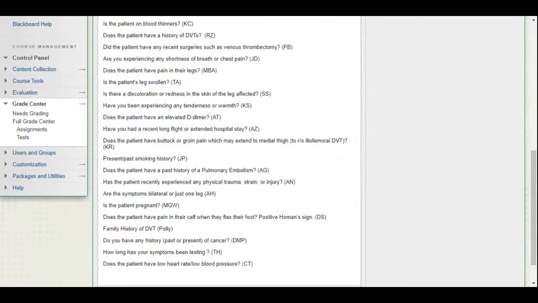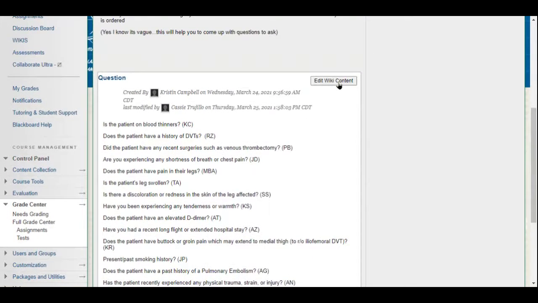This was a blank piece of paper, and they all went in and put in their questions, and then they put their initials after. As much as I tell the students, they still think that I need to know who put it in, even though I can see it in the grade book. But it's fine with me. So what I can do now is go in there and edit the document. I'm going to do that live so you can see it. I can hit edit,